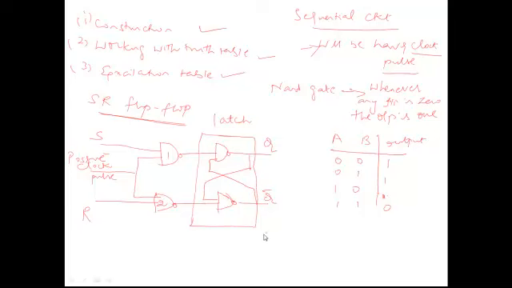Okay. So let us say clock pulse 0 corresponds to present state. The next clock pulse, clock pulse 1, will correspond to the next state. So when we are doing the truth table, we will be writing with respect to present state and next state. Present state output will be represented as Q. Next state output will be represented as Q plus. Q and Q plus. Okay. So now we will go to the truth table and understand the operation and draw the truth table.